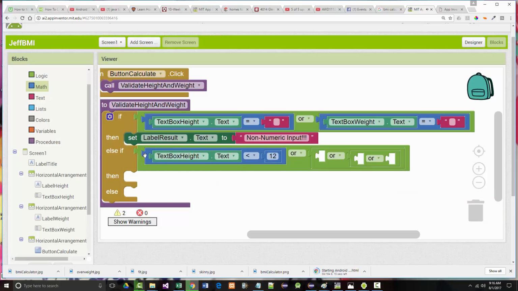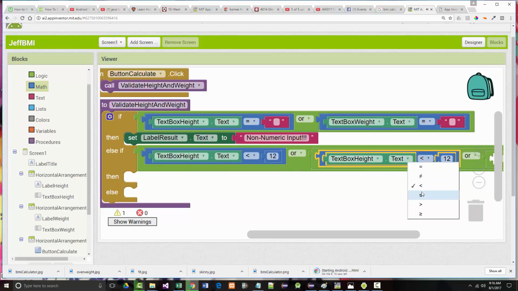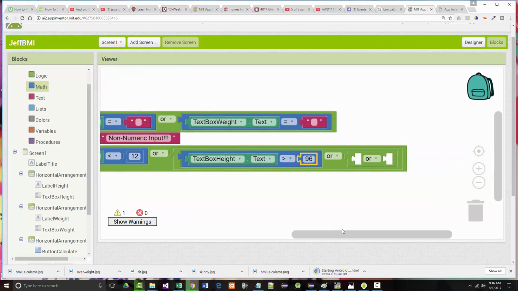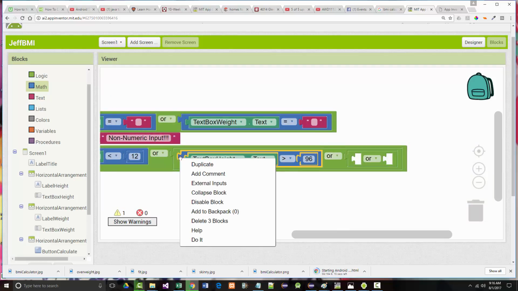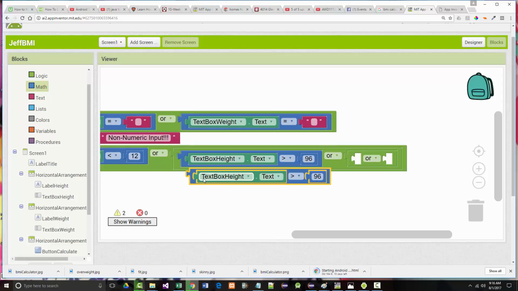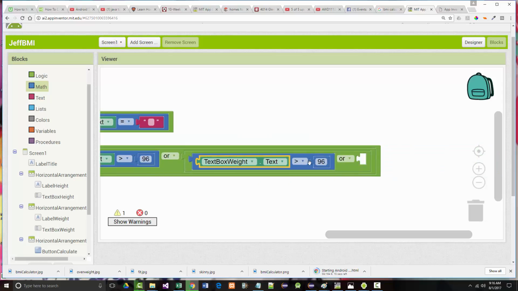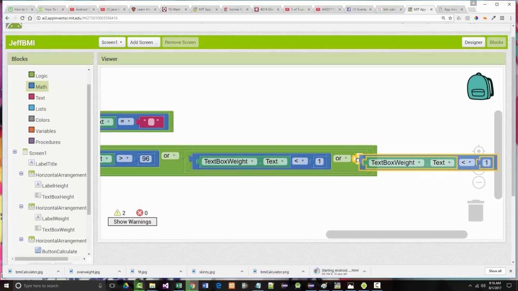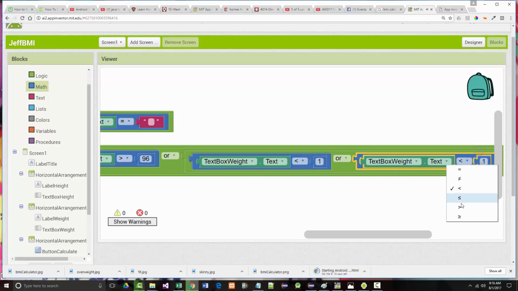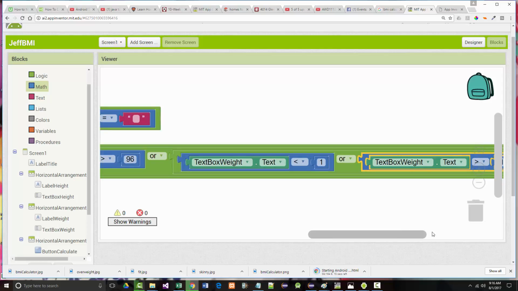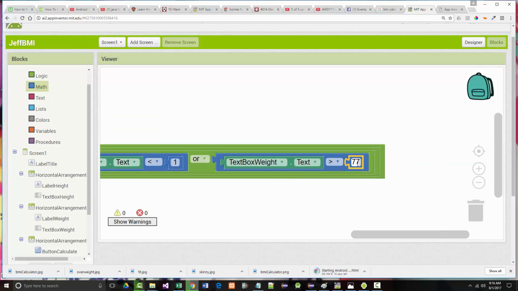I'm going to grab this whole thing. Or if it's greater than 96, or the weight is less than 1, or the weight is greater than 777. So if any of those are the case,